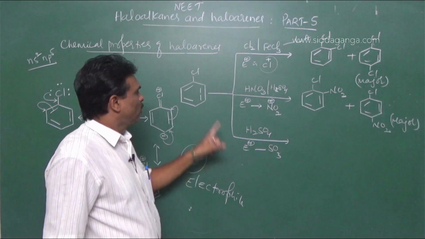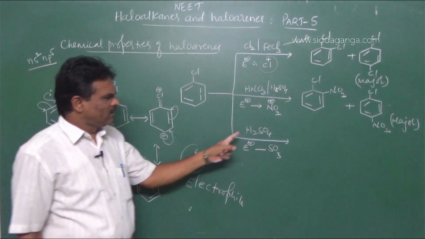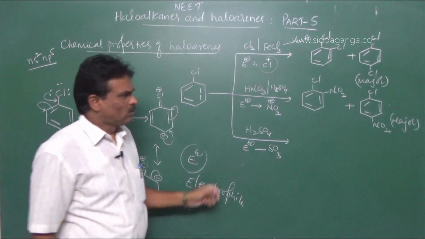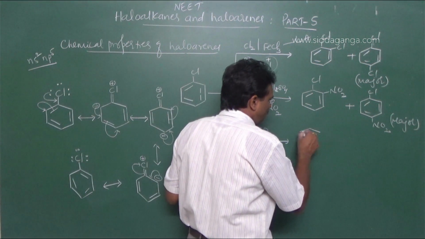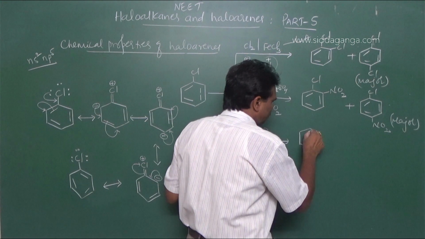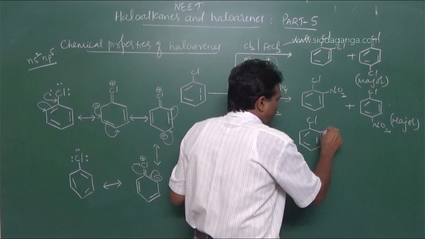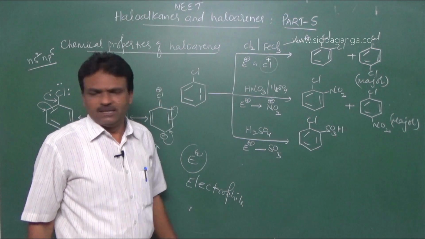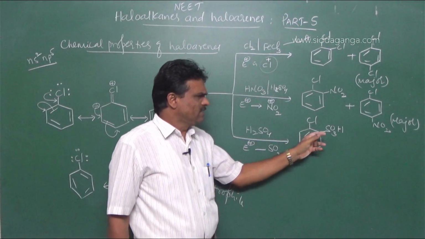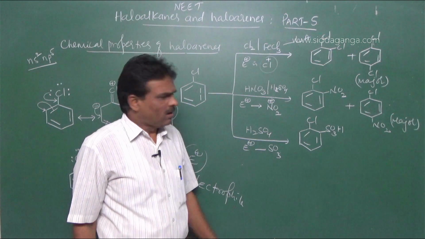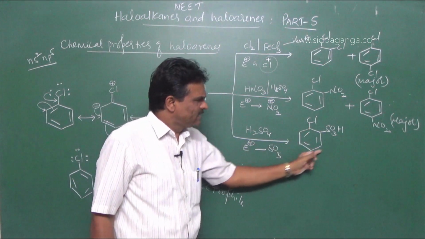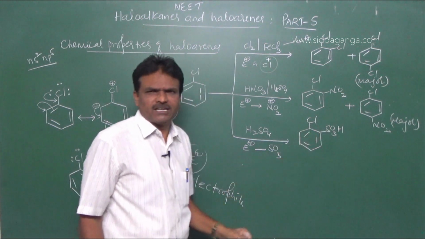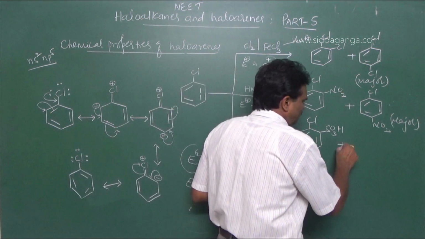So when chlorobenzene is heated with concentrated sulfuric acid, it undergoes sulfonation to form orthochlorobenzene sulfonic acid, or 2-chlorobenzene sulfonic acid, and along with